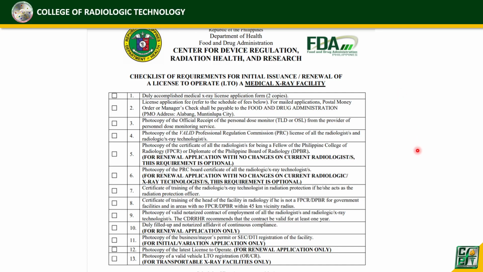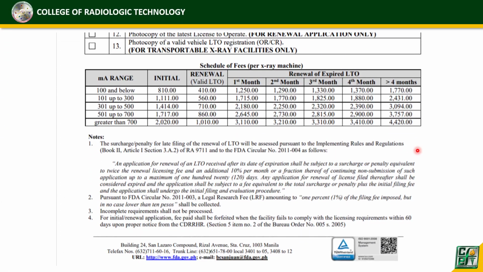So pupunta tayo doon sa lower half ng form. Okay. So ito yung fees na babayaran. Okay? So the amount to be paid ay nakadepende sa MA. The higher the MA, the higher the amount to be paid. So ayan. Ito yung initial, ito yung renewal. Okay. However, kapag nag-expire yung license to operate, so, may penalty. Isang buwan ang lumipas, okay? 2 buwan ang lumipas, hanggang more than 4 months. Okay? So, next,